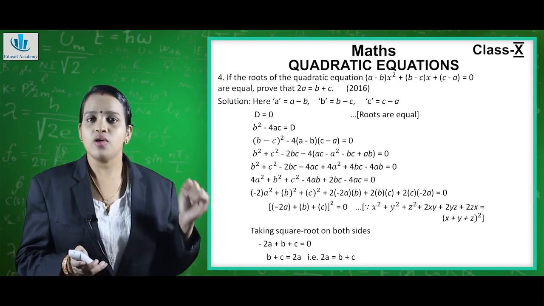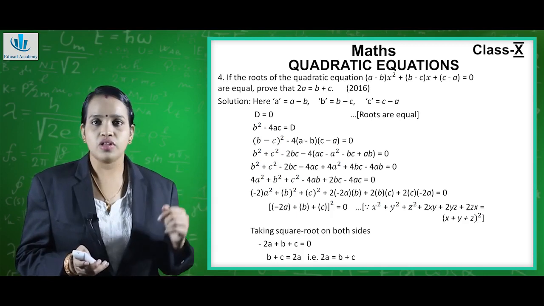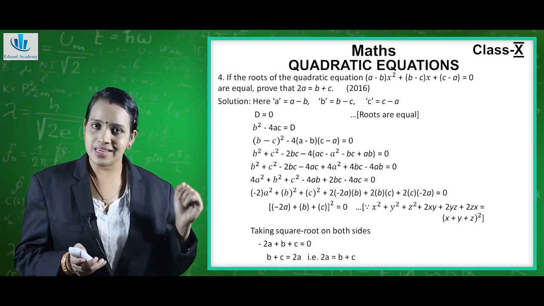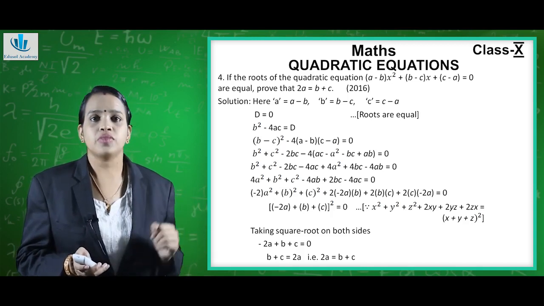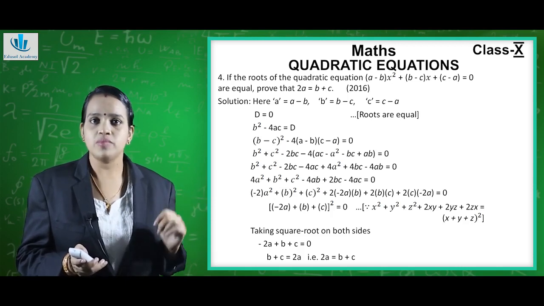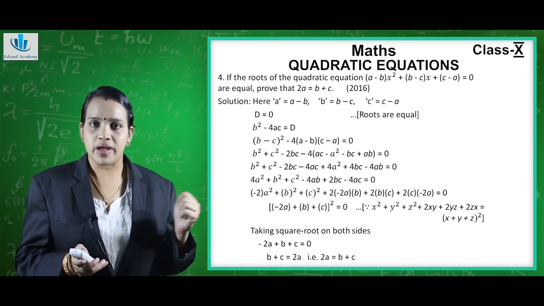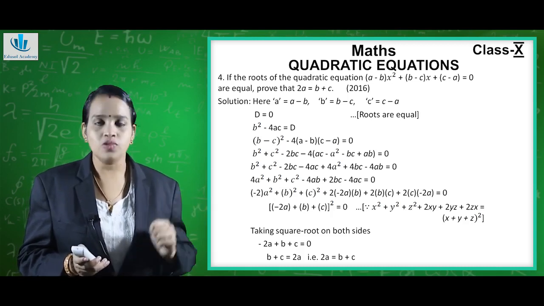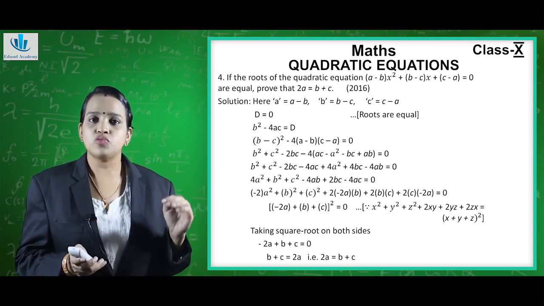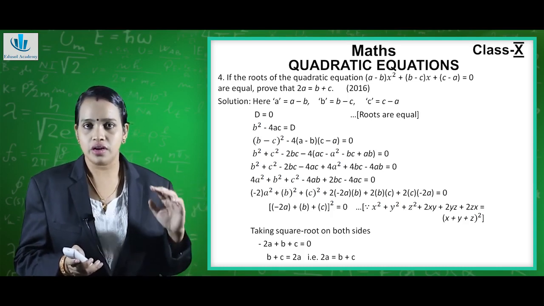Now (b minus c) whole raised to 2 becomes the formula of (a minus b) the whole square. So we can put the formula here also. It becomes b raised to 2 plus c raised to 2 minus 2bc. Now we can open the bracket by multiplying the brackets. So it becomes minus 4 into a into c, ac, a into minus a, it becomes minus a raised to 2, minus b into c, it becomes minus bc, plus minus b into minus a, it gives plus ab, which is equal to 0.